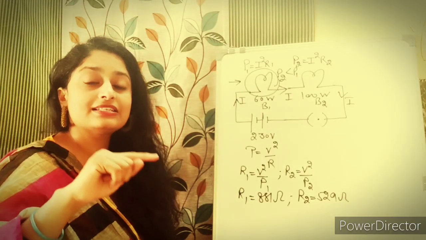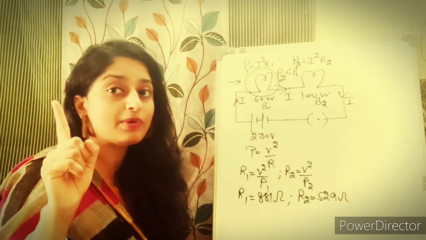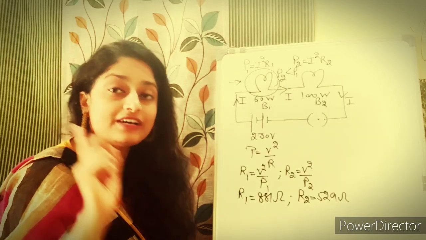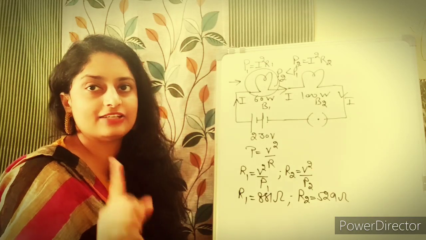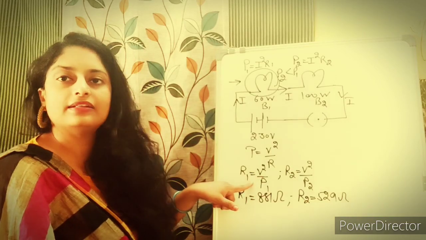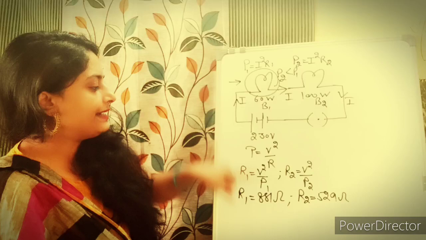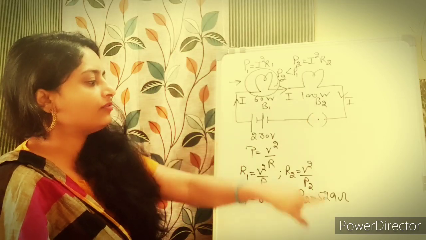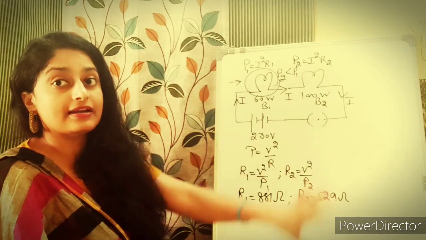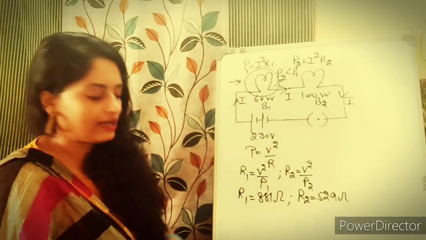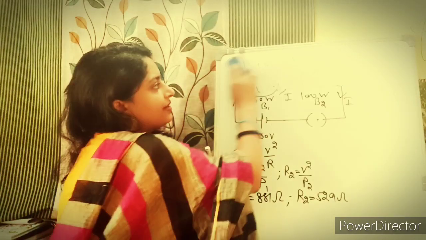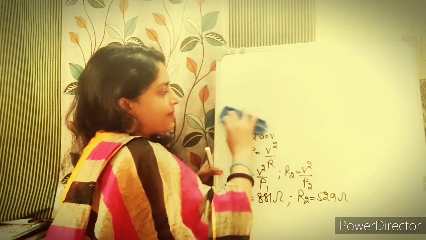Same way, if the question is saying the parallel connection, so कैसे करेंगे, again you need to think about the series and parallel connection. Then first step क्या होगा, calculate the resistance जो कि same होगा. You will apply the same formula, you will get the same resistance. R1 bulb has the 881 ohm resistance, R2 bulb has the 529 ohm resistance, but now these are connected in the parallel connection.